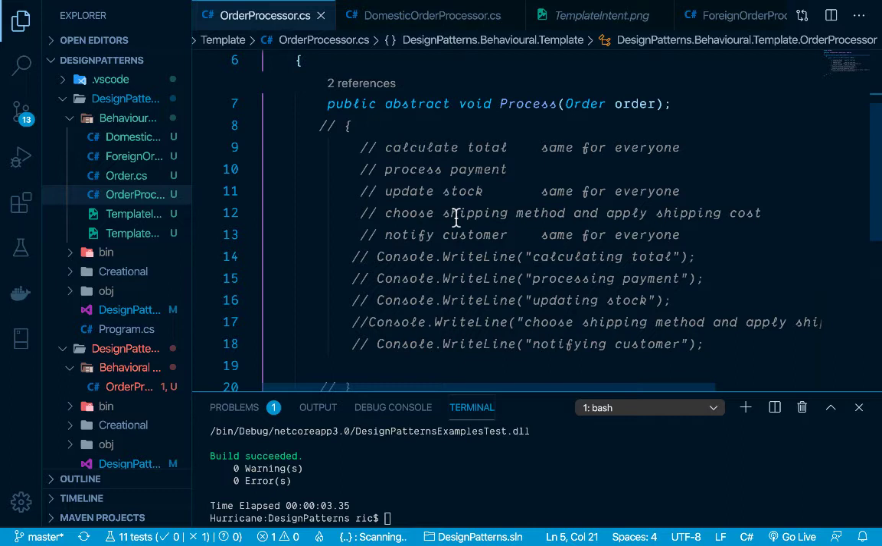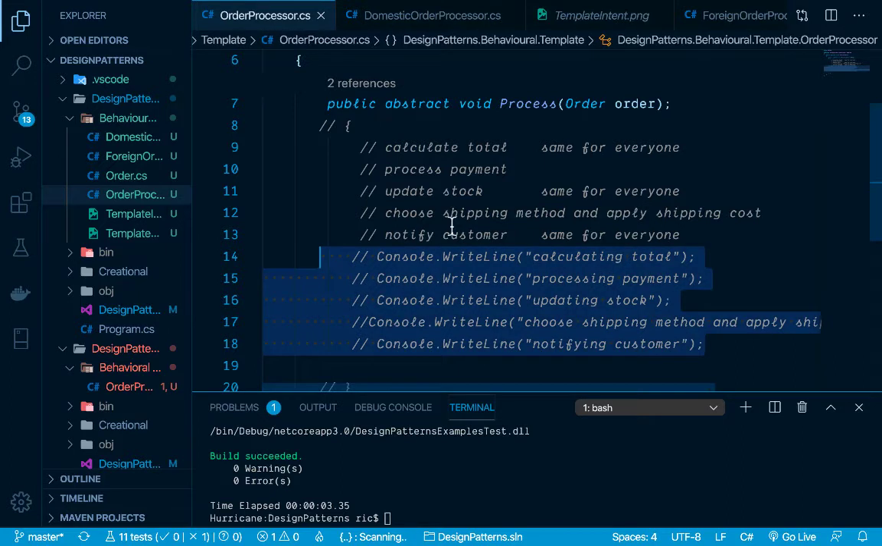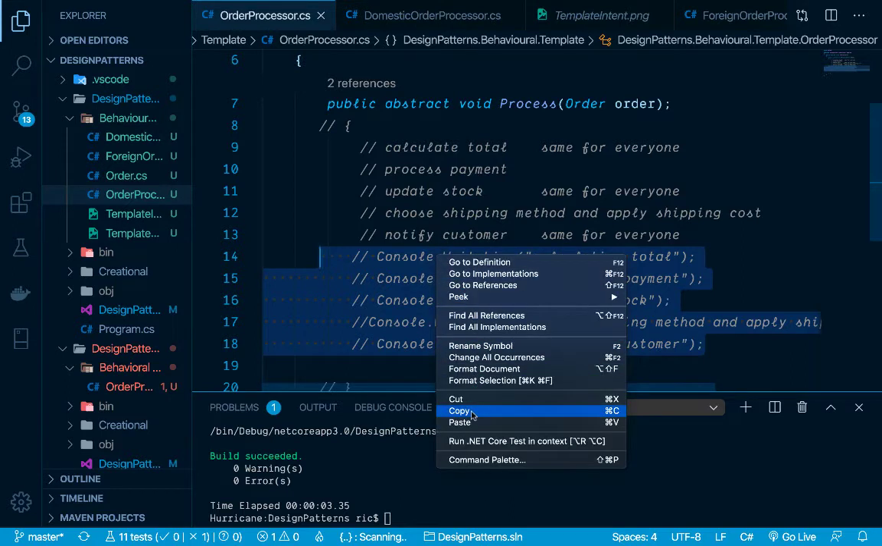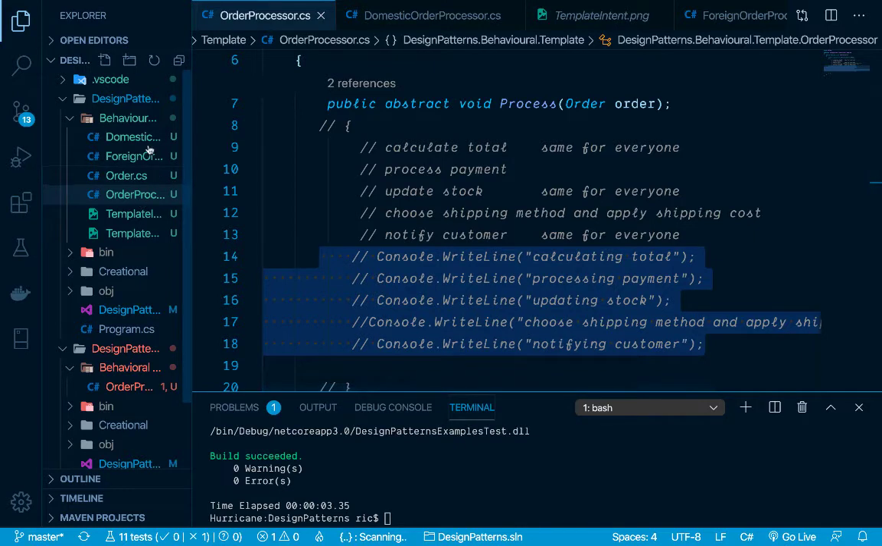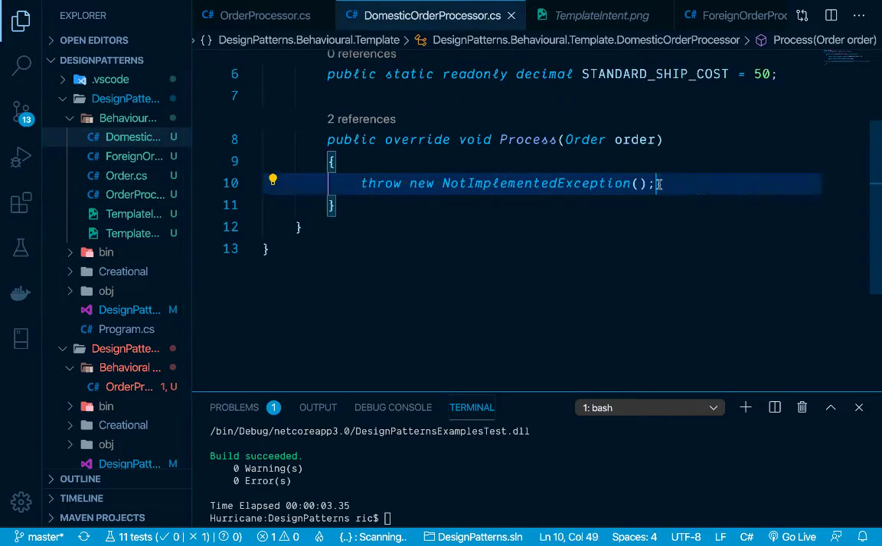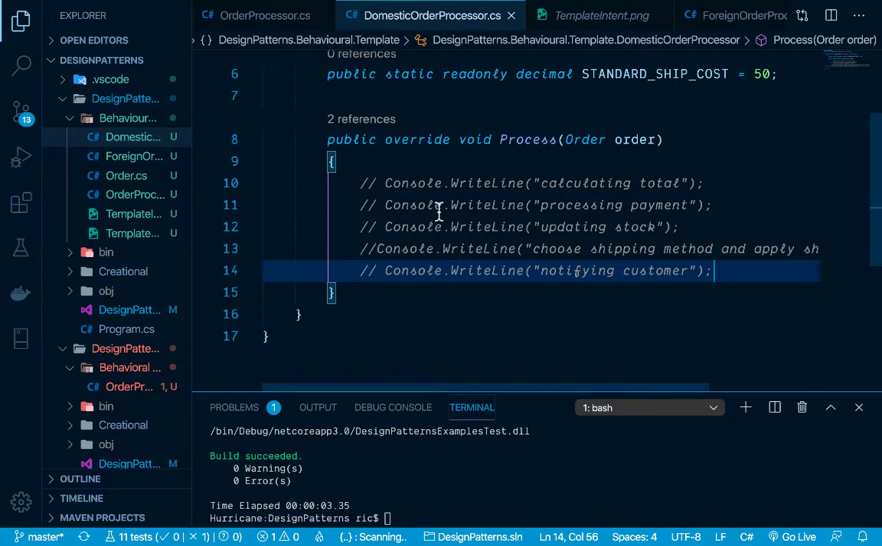We don't want to have duplicated logic. So for the sake of clarity, let's see with an example what I actually mean with the fact that if we just use the stock idea of the abstract method in the parent class and concrete method in the child classes, we'll end up with a lot of duplicated code. So let's actually copy this part and go, for example, in the domestic order, get rid of the comments, and